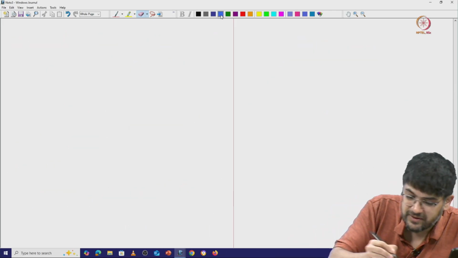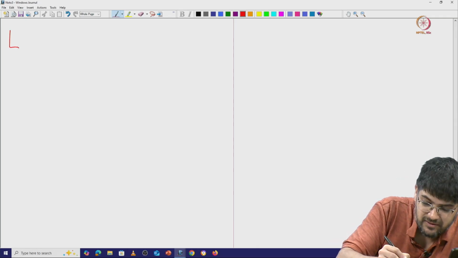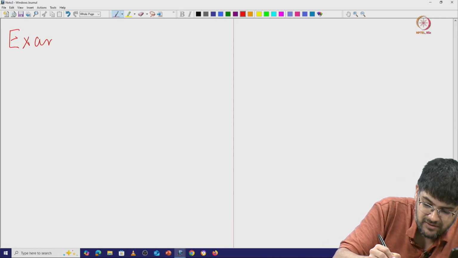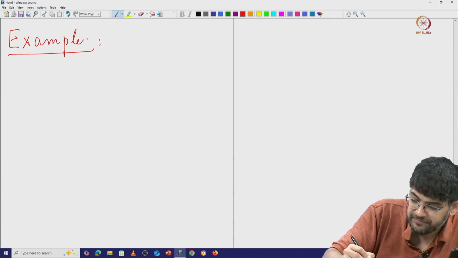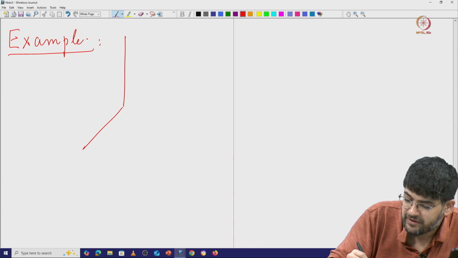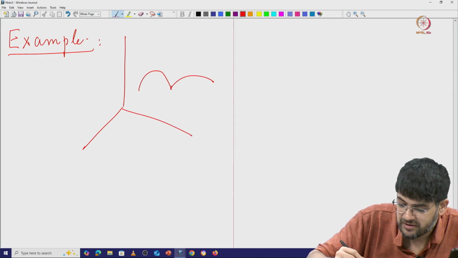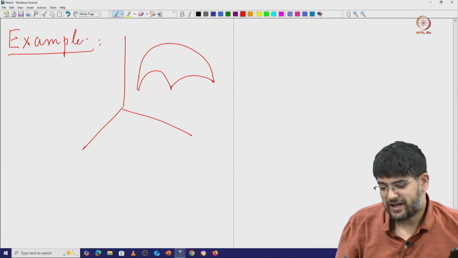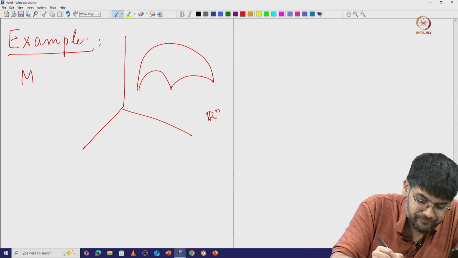Right, so an example. So let's say I have this surface embedded inside some R^n,